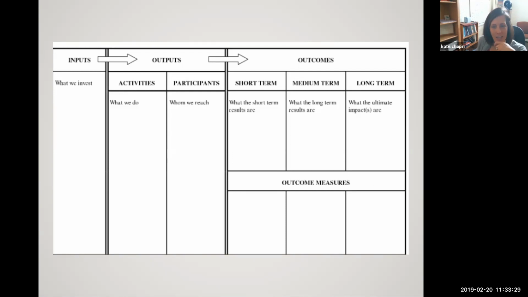Okay. All right, so now let's go on to that. If we were divided into 2 pieces, right? The inputs and activities or outputs, and then the outcomes. Let's focus on outcomes. So you're putting all this hard work into developing and implementing programs. What for, right? Why are you doing this work? What are the short-term results that you're looking for, the medium and long-term results? And use the chat room to share your ideas. And try to be specific if you can.